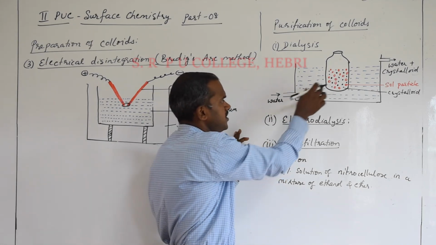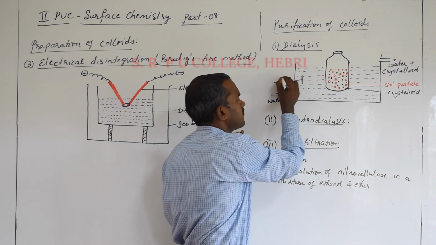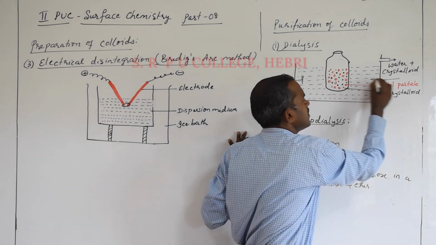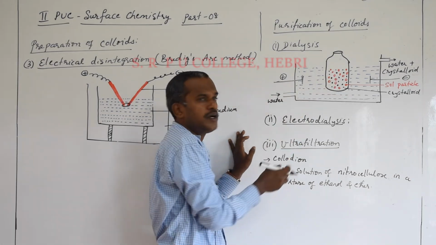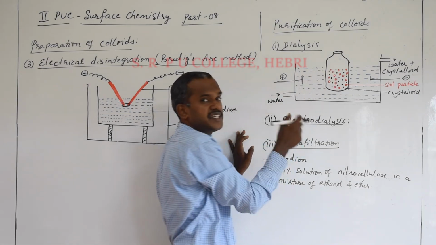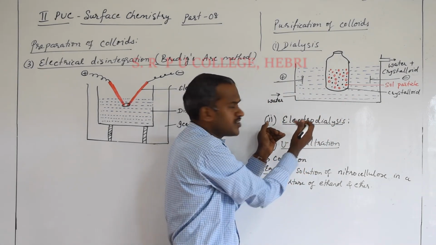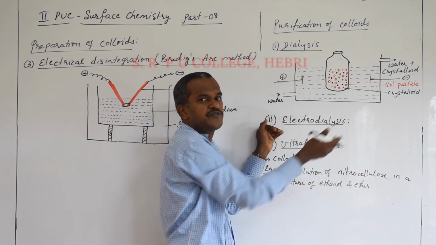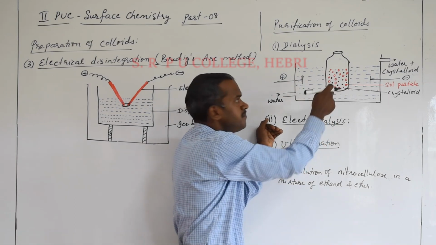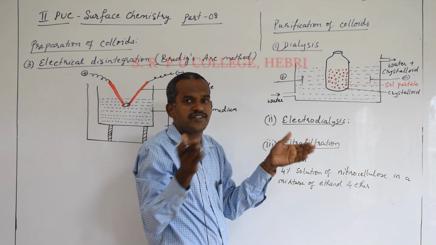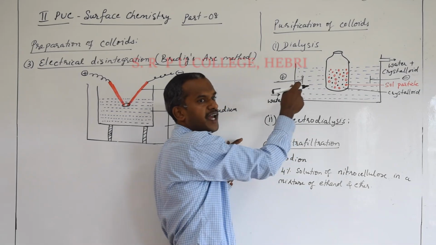What we can do, in this diagram only I'll show you. Suppose it is connected with the anode and cathode, maybe this is one end of the electric field, suppose it is the positive end, and this end I'll connect to the negative end of the electric field. Now in the presence of this anode and cathode, those ions present as dissolved particles will diffuse faster. Okay, so the advantage of electrodialysis over dialysis is the process becomes faster. Why does the process become faster, students? When the electrodes are present, these ions will migrate towards the oppositely charged electrodes faster. So electrodialysis is faster than dialysis.